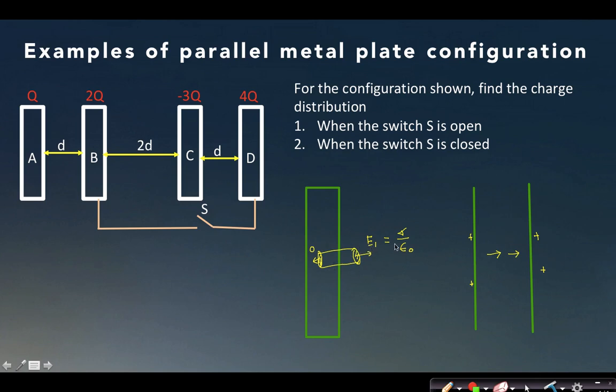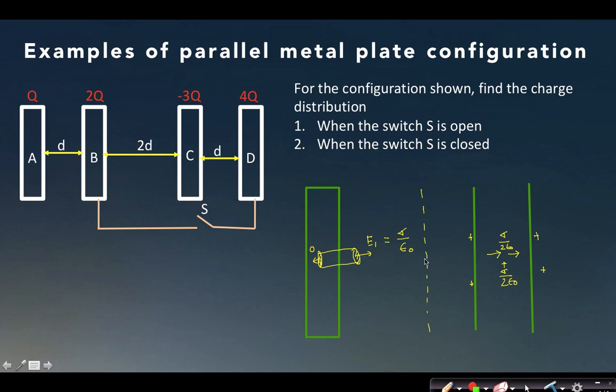So I am using superposition here, but here I am not using superposition. I can directly write the electric field E1 to be sigma by 2 epsilon, and here I can write it is sigma by 2 epsilon plus sigma by 2 epsilon. So what is the difference in the calculation? Here also there are other charges just opposite to this face. There is another face which is also carrying charge. So why am I not taking the effect of that charge, or why am I not doing a superposition principle?